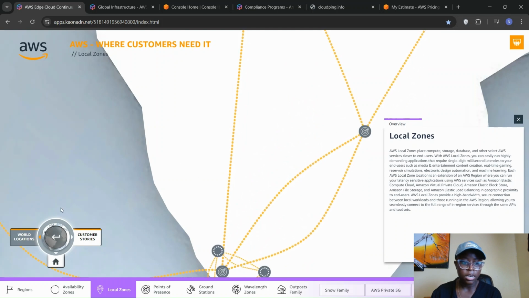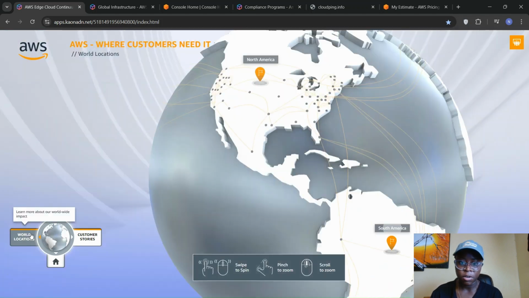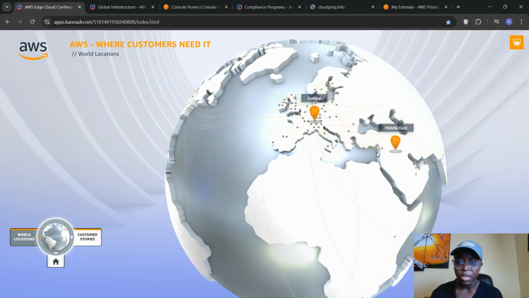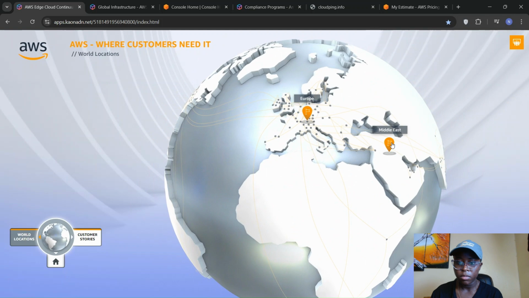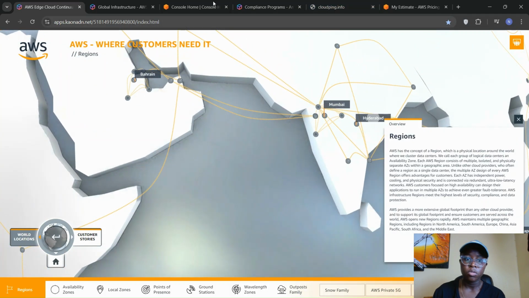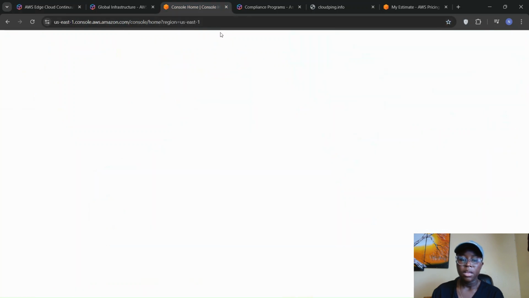So this is a really cool place to get started if you want to understand the AWS global infrastructure in all the different regions. Yeah. So getting back to my console,